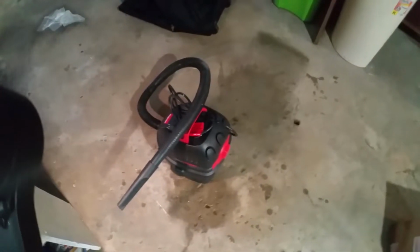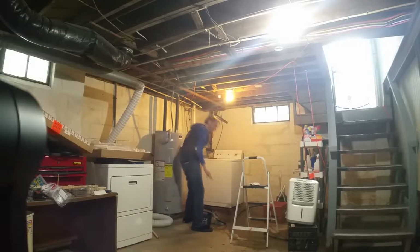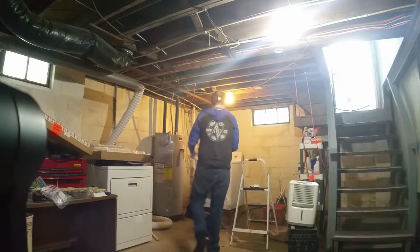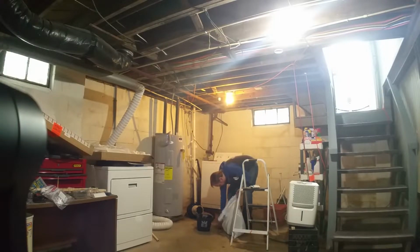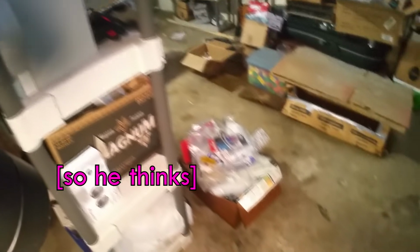I bet you this shop vac has water in it. Ew! Gross! Doesn't smell that bad. Of course, it's all soapy bath water. My crafts box is still wet. I'm afraid to touch it. Everything's gonna fall everywhere. I went in here looking for an extension cord for that fan and realized I've got